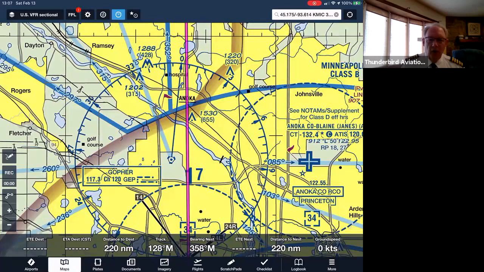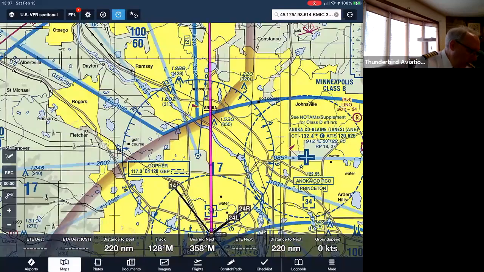So now we have to figure out, well, what kind of airspace is around the Gopher VOR and which kind of airspace will allow us to fly. Is there any airspace there that will allow us to fly with 2 miles visibility? So as we can see there, the symbols on the chart, we have that magenta shading there. We have the thick blue line that is right next to it. And